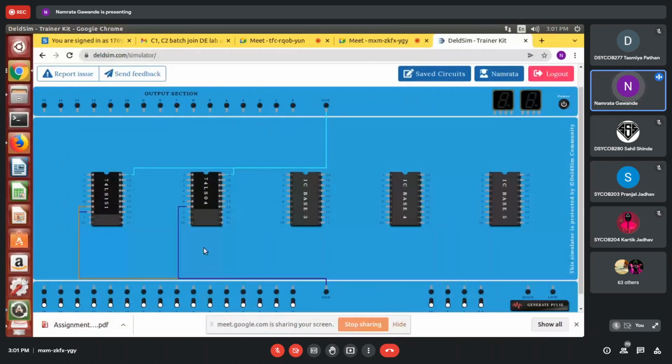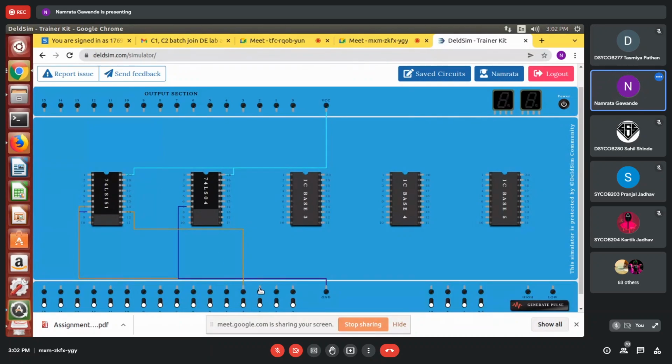Let's consider this as A, the most significant bit. Right? This is A, B, C, that I will consider.